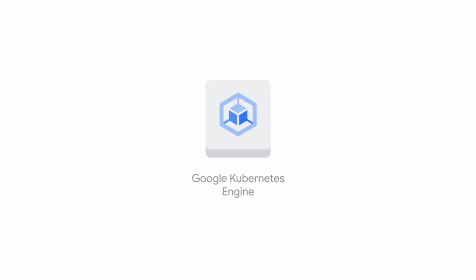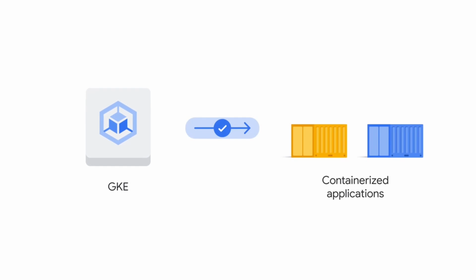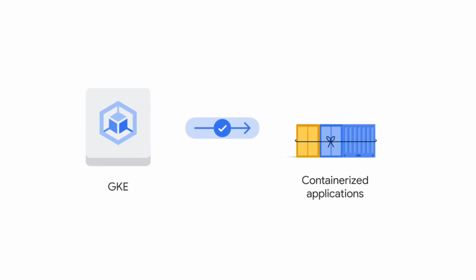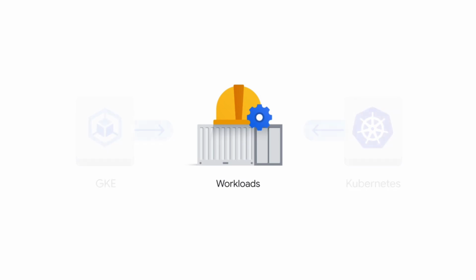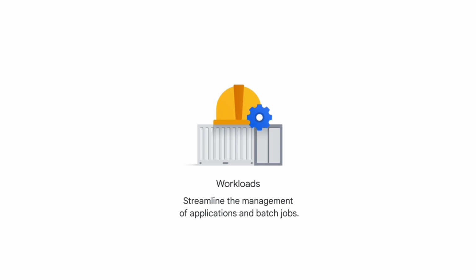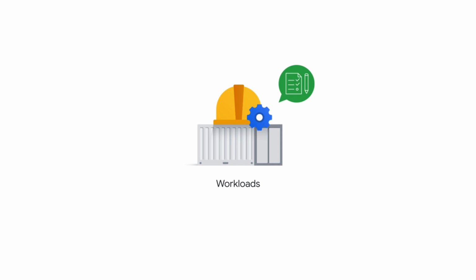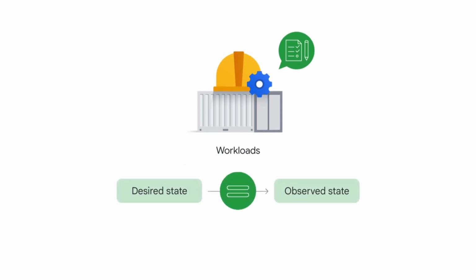Google Kubernetes Engine, or GKE, uses containerized applications, which are packaged units with all dependencies included for efficient deployment and management. In both GKE and Kubernetes, containers are called workloads. The concept of workloads in GKE streamlines the management of both applications and batch jobs. This becomes even more efficient with the help of Kubernetes' declarative approach. Because Kubernetes is declarative, you define your cluster's desired state, and GKE's orchestration engine will then automatically manage the cluster